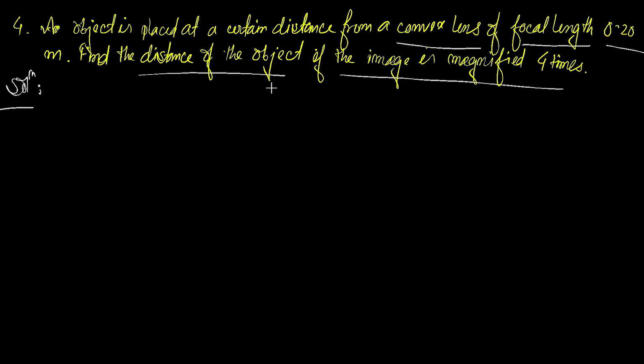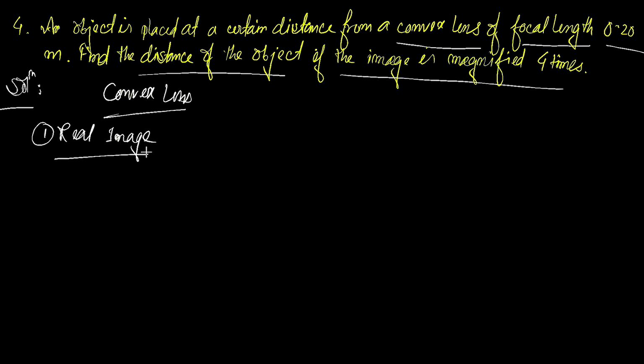But here some conditions are there. Though we have got that the lens is what lens? Convex lens. And we know that a convex lens can form both real and virtual images. When we put the object in case of a convex lens between O and F1, the image becomes virtual. In the rest of the other 5 cases, it becomes real and inverted. So we have to find out the object distance in case of both real and virtual images. First we will consider the real image. We will consider that as case 1, when the image forms as the real image.